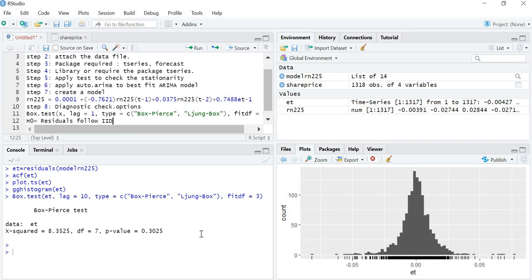So we can do the diagnostic checking either by ACF, plot.ts and gghistogram, or by using box.test. It's up to you which you use. So that's all for the diagnostic part.